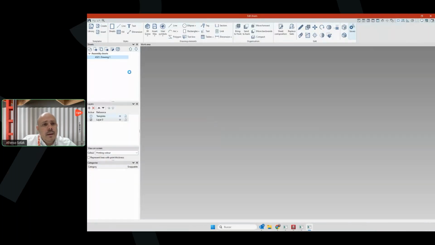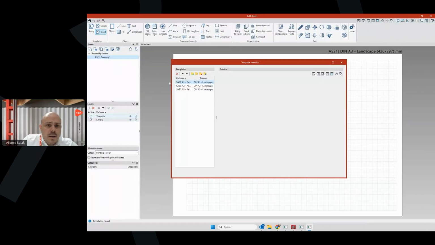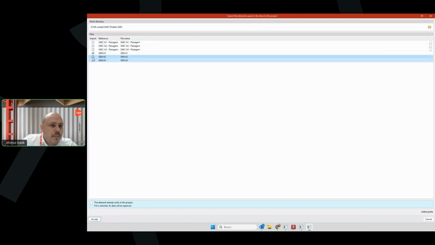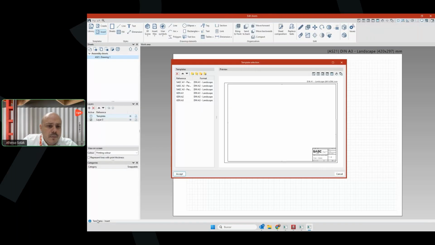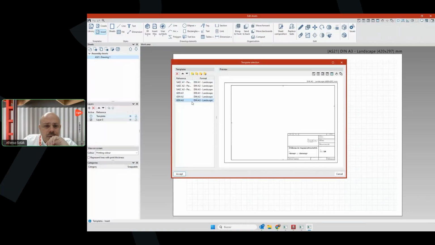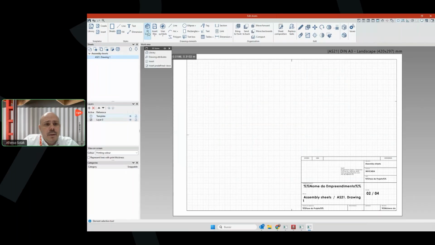And then let me see if you have some templates here. Let's load some templates. Good, let's load. Yes, let's insert, for example, this A3. Let's insert a template here. And then by using the library,